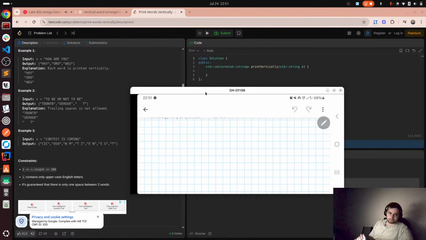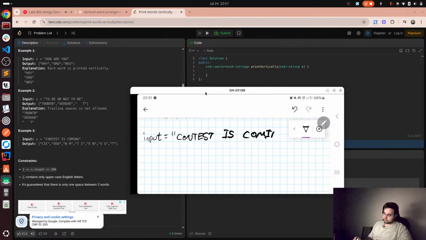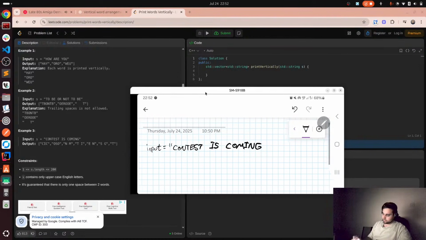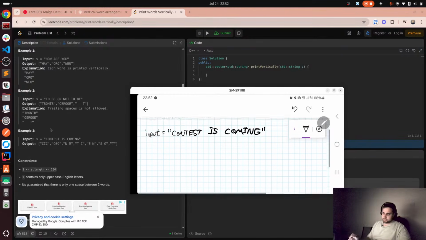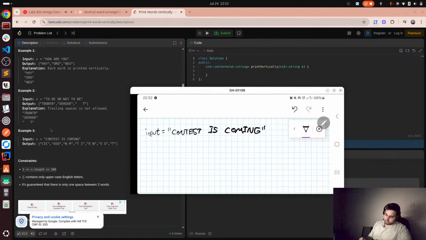So the input is "contest is coming". Contest is coming. Right? My awful handwriting. There's two spaces there. What I would do is: contest, space, is, but wait,